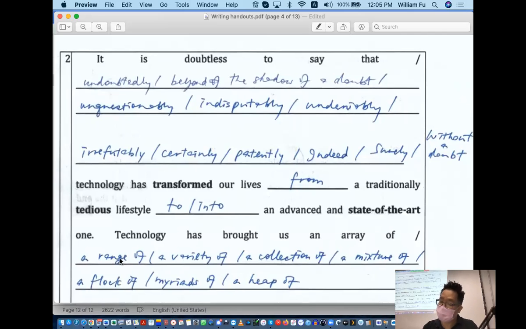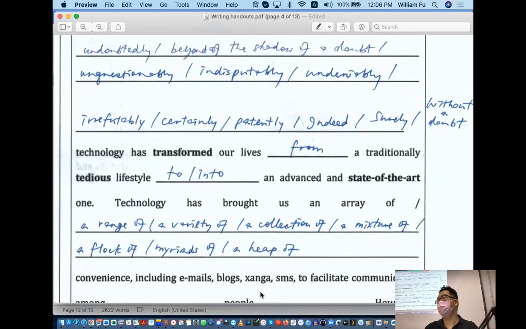That's why a range of, or a variety of, or a collection of, a mixture of, or a flock of. Usually, flock we refer to a flock of birds or sheep. Myriads of. This is quite commonly used by native speakers. Or a heap of. 一堆嘅。